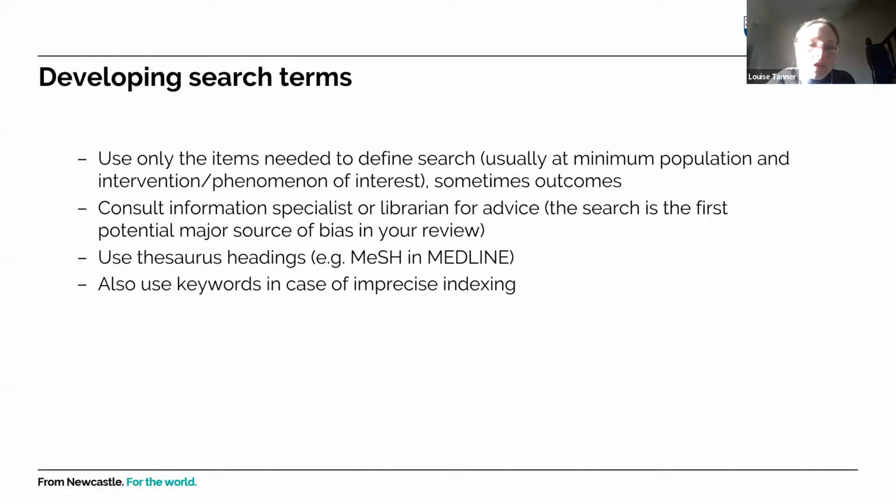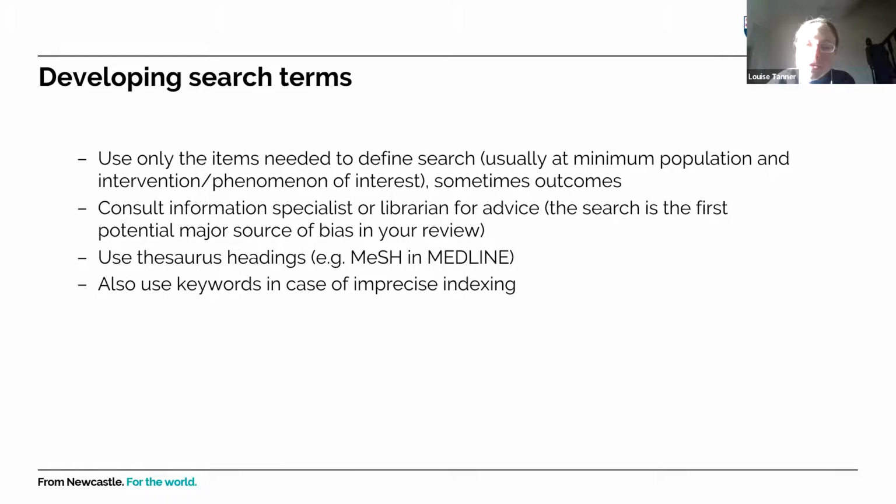To give you some advice on things that you can do to help you to develop your search terms: use only the items needed to define the search. Usually you would include the population and intervention terms. Sometimes you'd include the outcomes, but that depends on whether you have a specific outcome in mind, in which case you should include the outcome so that you don't retrieve too many studies with outcomes that aren't relevant